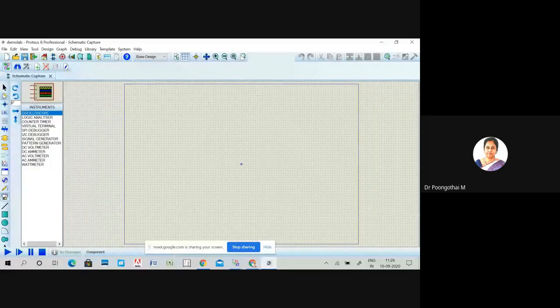So here we have 2 options. The first one is the pickup option, that is, pick up the components from the library, and L is the library. It contains the library for all the devices.